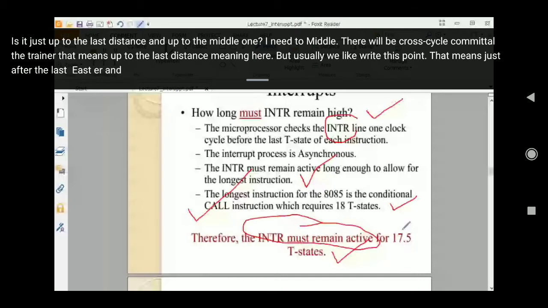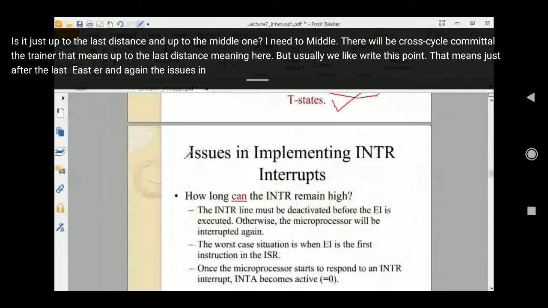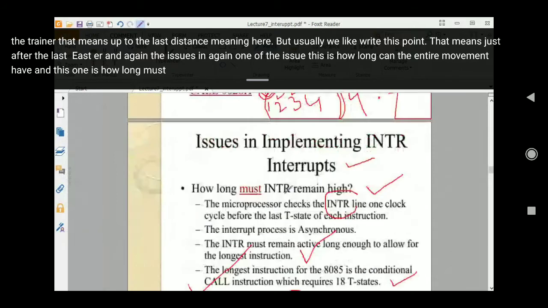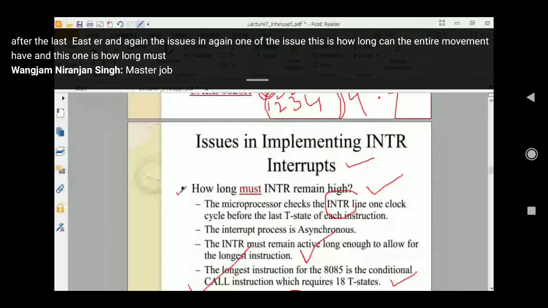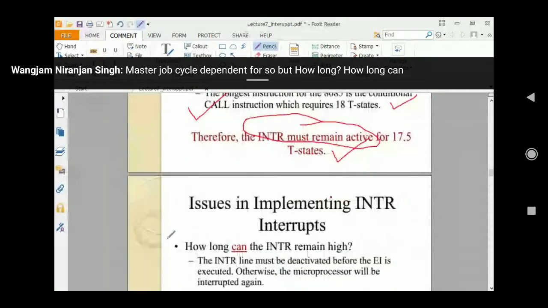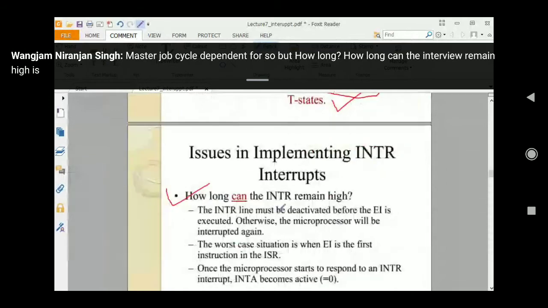And again the issues in implementation: one of the issues is how long can the interrupt remain high, and the other is how long must it remain, तो जो भी key step जो भी clock cycle उसके dependent हुआ. But how long can the interrupt remain high depends upon the user specific है.